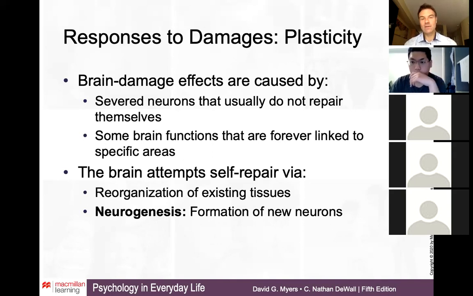But in some other cases, neuroplasticity is quite flexible or plastic, if you will, and neural connections can be molded and rewired to compensate for specific losses. So in some cases, some brain functions are forever lost, like in the case of Phineas Gage, or some children whose fusiform areas in the temporal lobe are damaged. But in some cases,